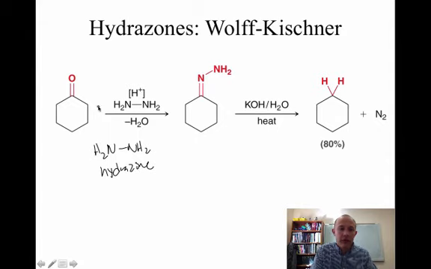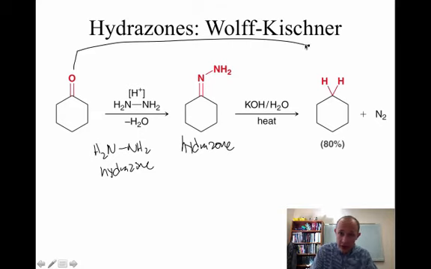Reaction of hydrazine with a ketone and an acid catalyst gives a hydrazone. And treatment of a hydrazone with a strong base like potassium hydroxide, water, and heat leads to reduction. So the net result going from here to here is called the Wolff-Kishner reduction because you're deoxygenating. You're going from a carbon-oxygen double bond to an alkane. You go from a ketone to an alkane, you lose that oxygen and replace it with two hydrogens through the